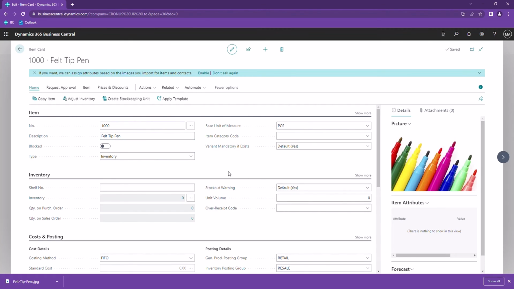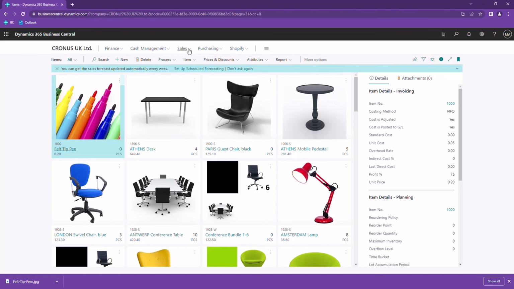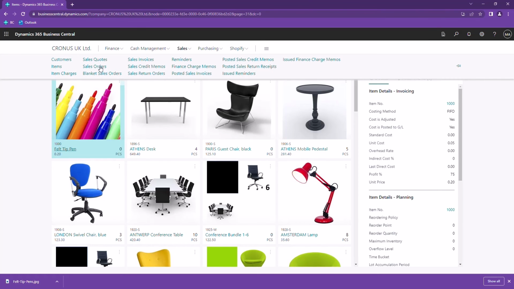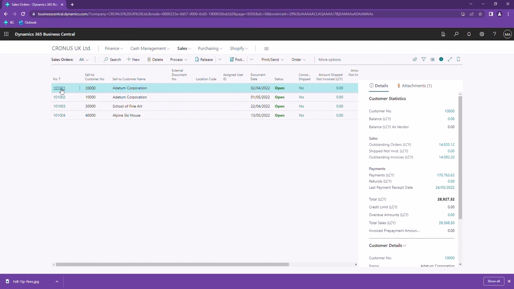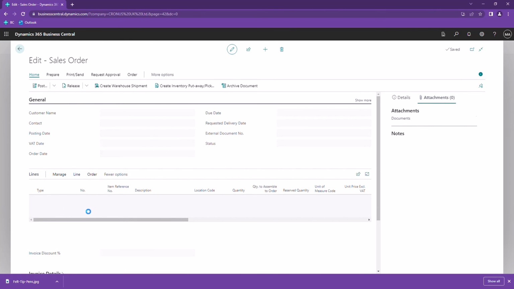So on this particular item, as with any item, it defaults to yes. If the item variant mandatory setting is turned on, it will be mandatory for the items, but you can override it on an item by item level if you so wish. What this then means is when you go to, say, a sales order or a journal or an order, whatever it might be, if you go to a sales order, open one up and then add in the item 1000